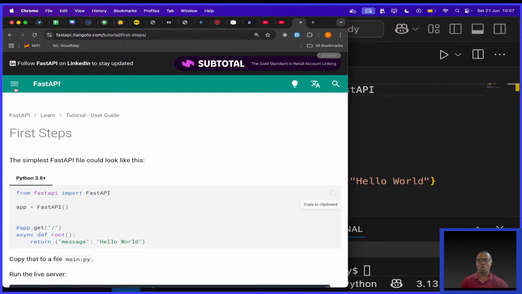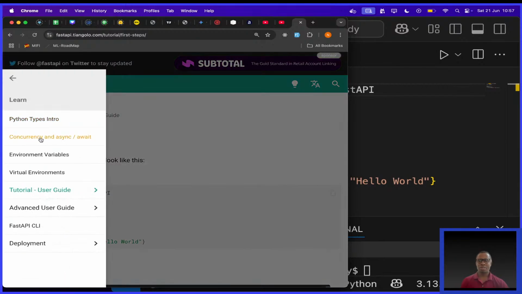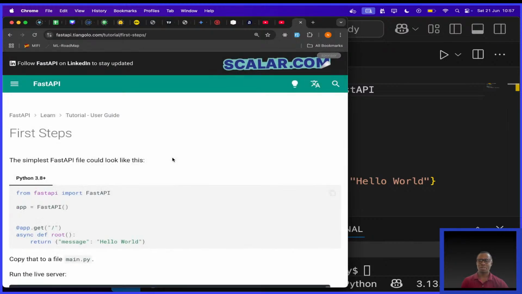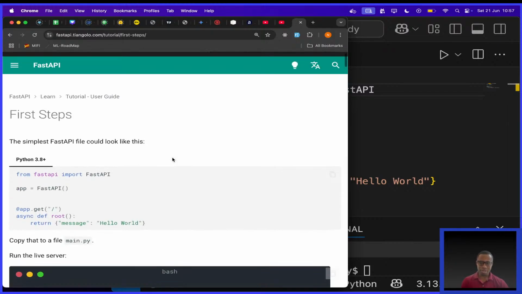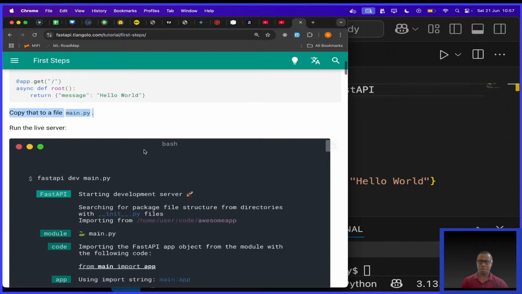Or maybe because I missed this part from Python types intro, I went simply to the tutorial guide. Probably there's something for installation, maybe in environment variables, in concurrency or virtual environments. Whatever. Let's continue. Then they're saying copy that to a file, main.py.